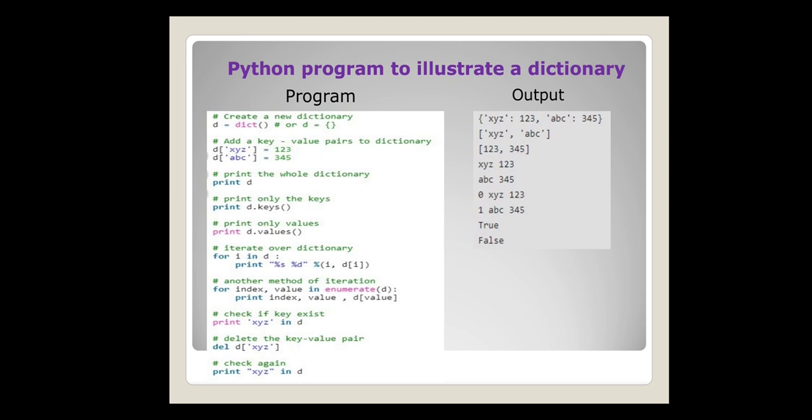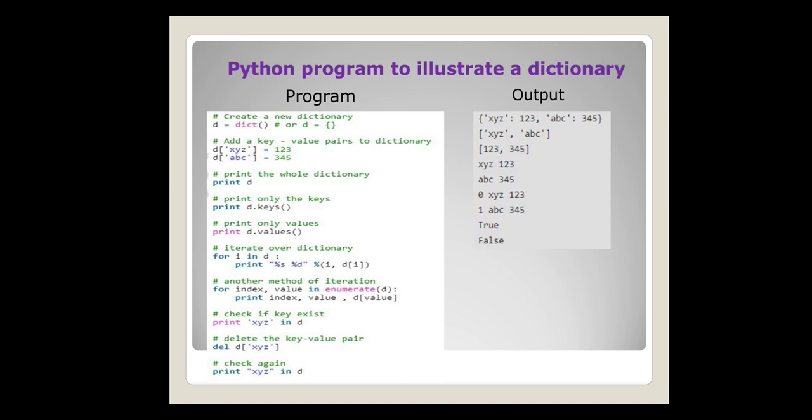If you want to print all the elements from the dictionary, you need to use a loop. Here I am going to use a for loop. You just need to specify the dictionary name in the range section. So here, for i in d, it will iterate till the last element of the dictionary.